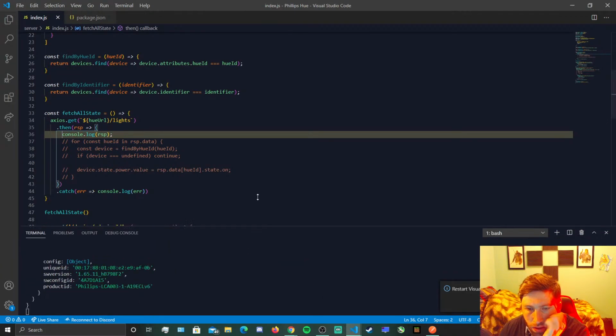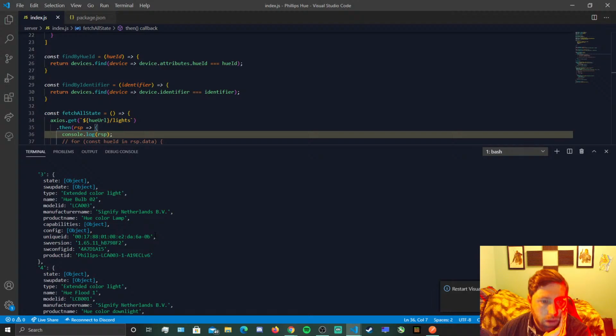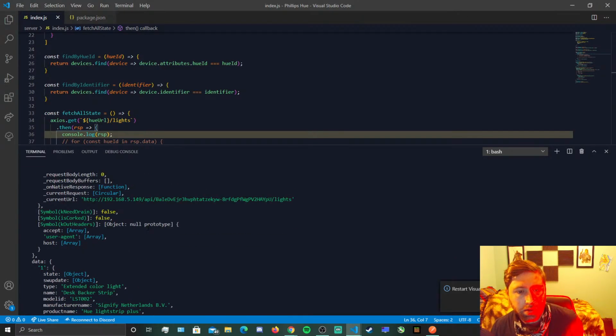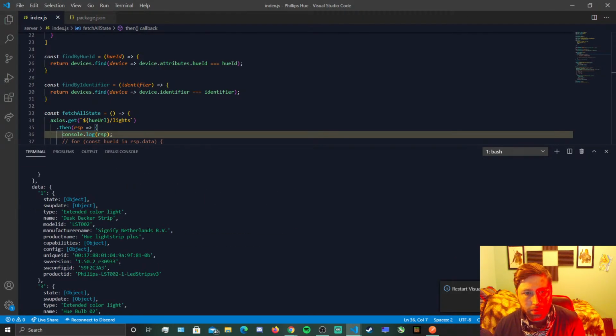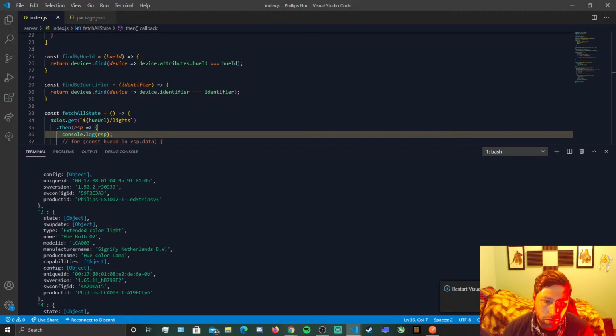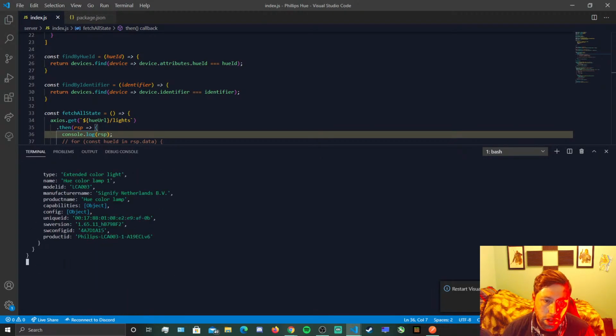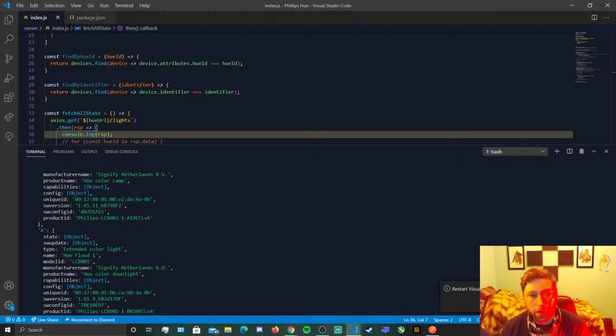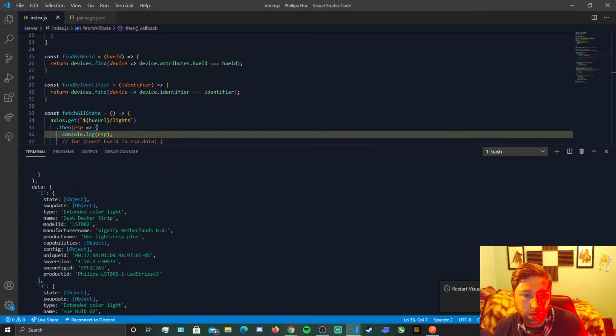Okay. Let's see, what do we got here? Okay, so you can see it responds with the data, and state is an object. What I want to look for is that you can see the ID of the device. 1, 3, 4, 7, 5, 7. I don't know why there's not a 2 or a 6, but